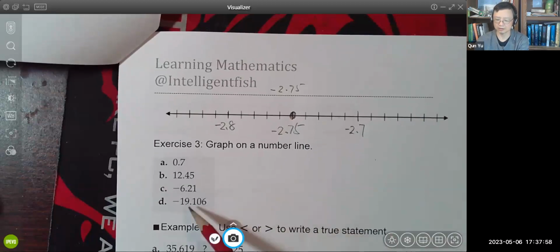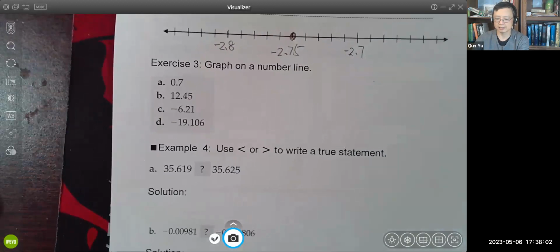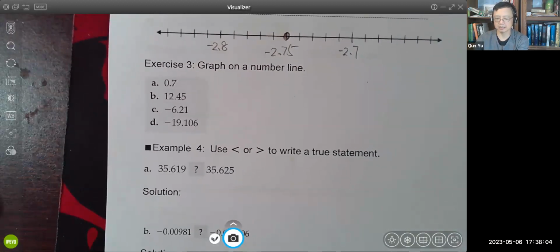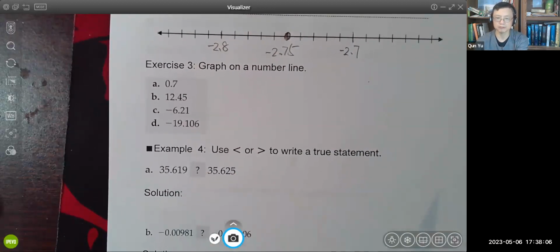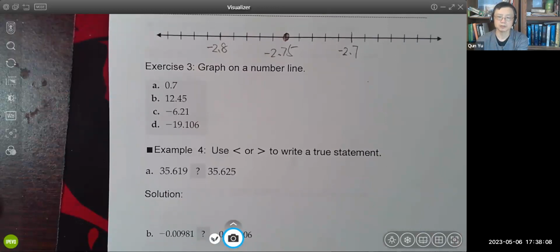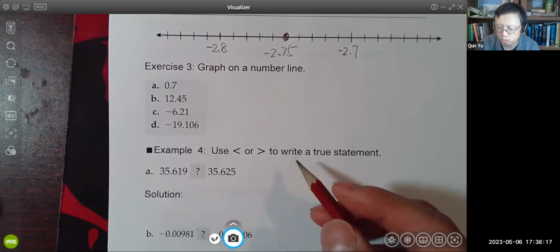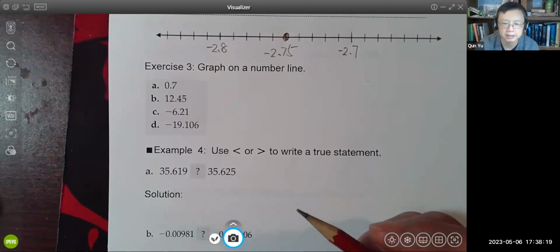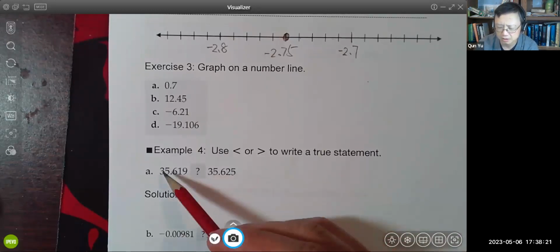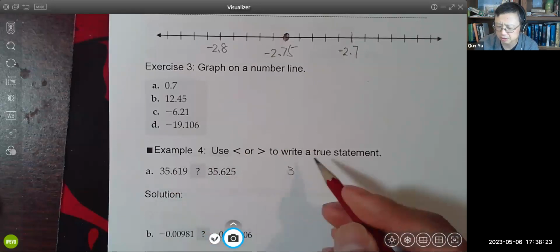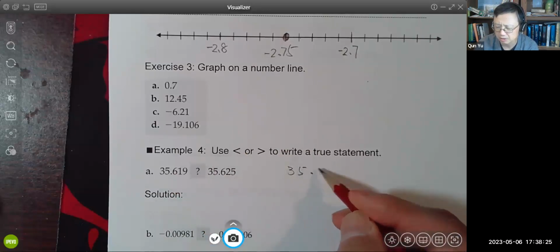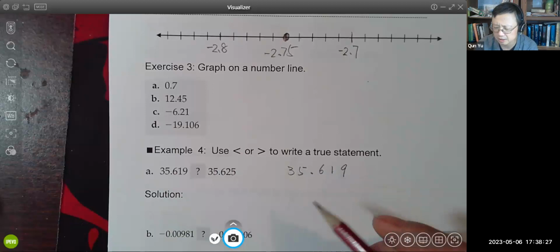Now here's your exercise. Now our next learning objective, also our example number 4, is that we want to be able to compare two decimal numbers. When we compare them, basically we line them up according to their place values. So this is the first number, 35.619, second number,